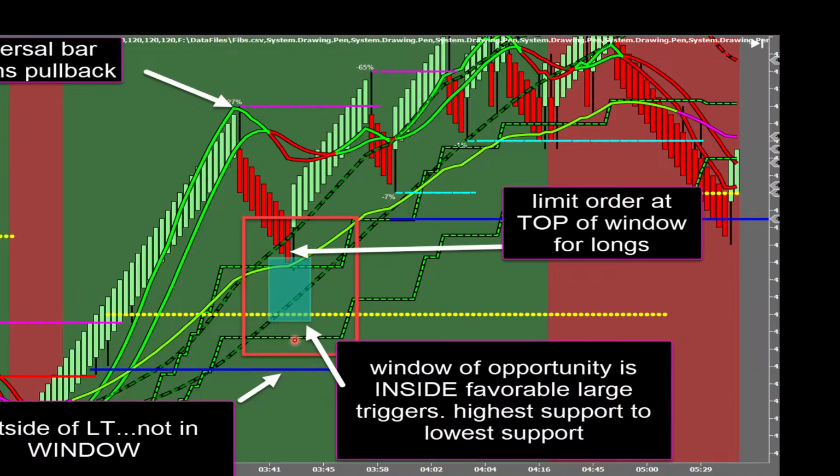Once again, anything below the retracement zone, guys, anything below the areas inside, this is where the market should not go. Any lines beyond those triggers are not a part of the entry. Once you get to the wrong side of the triggers, you don't know if or when the market's going to go up. The advantage of rule number 3 is no longer in play. And you're going to use that concept